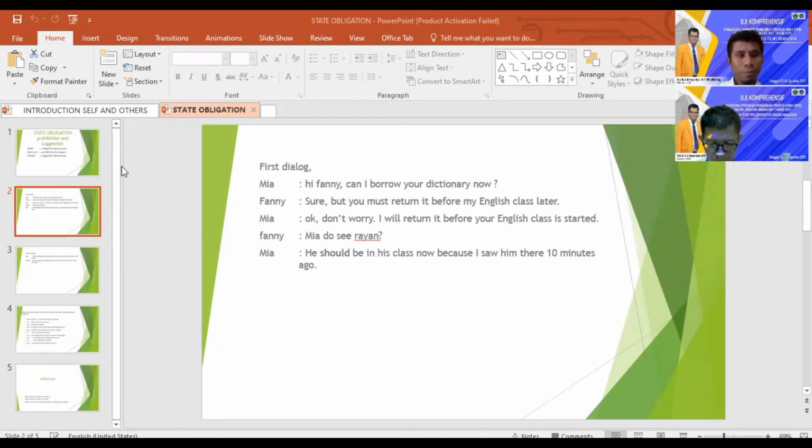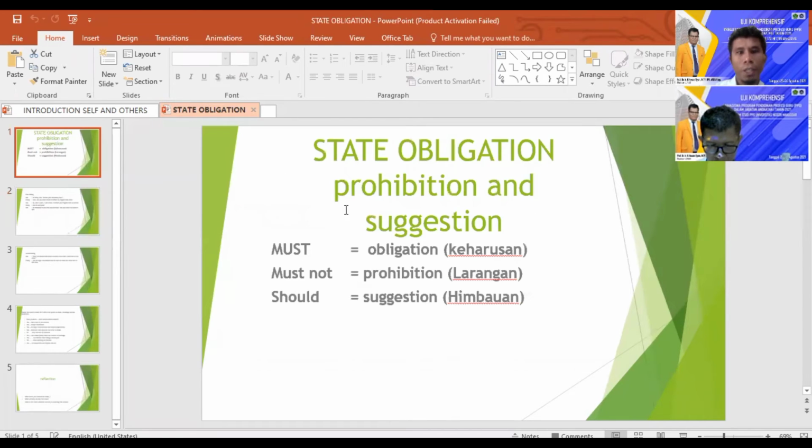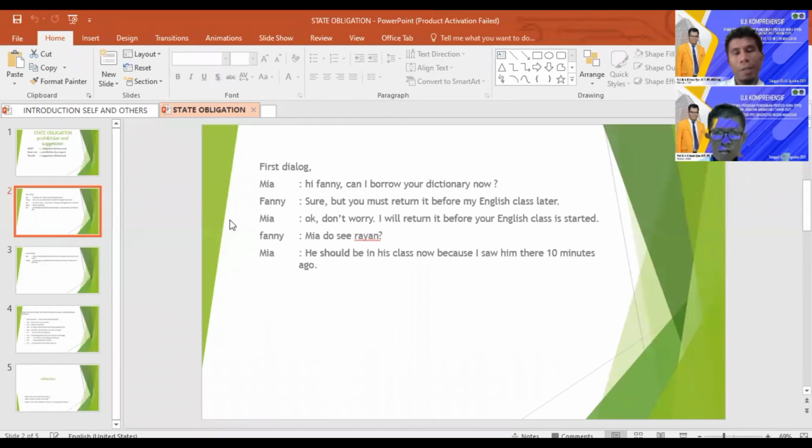Okay, so today, we will learn about state obligation, prohibition, and suggestion. And you can see in here, I have a dialogue for you. This is a dialogue example of how to state obligation and suggestion.